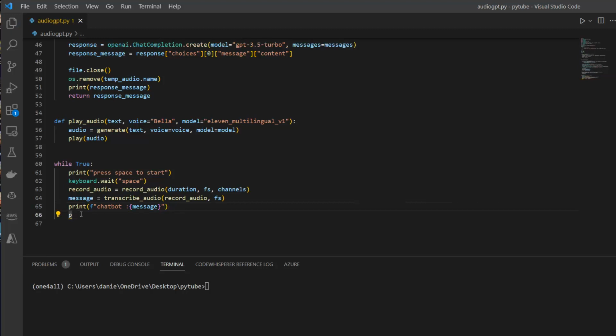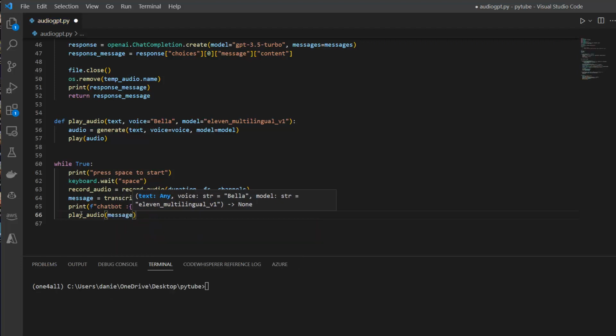And then finally, we play the audio. So let's say play audio. And we play, in this case, the message. So play audio from the message so that we get our sound back. And then, of course, finally, because we don't want to run it endlessly, we would like to have the option